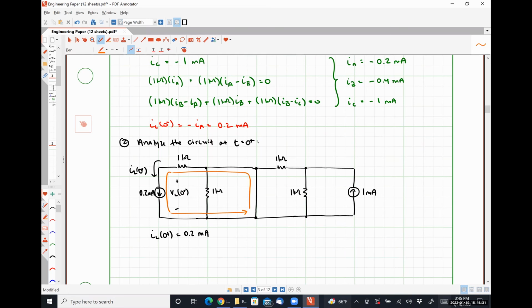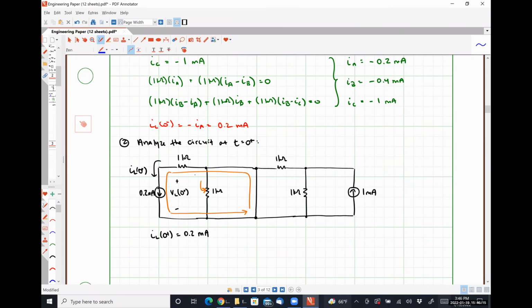The reason why is because if I arbitrarily chose to include this 1 kilo ohm resistor, I might mistakenly believe that there is some current flowing through it and voltage drop over it, when we know that can't be true because it's in parallel with a short circuit, right? So the voltage drop over that 1 kilo ohm resistor, at which I've drawn an arrow pointing to it, has to be 0 volts, okay? So with that in mind,